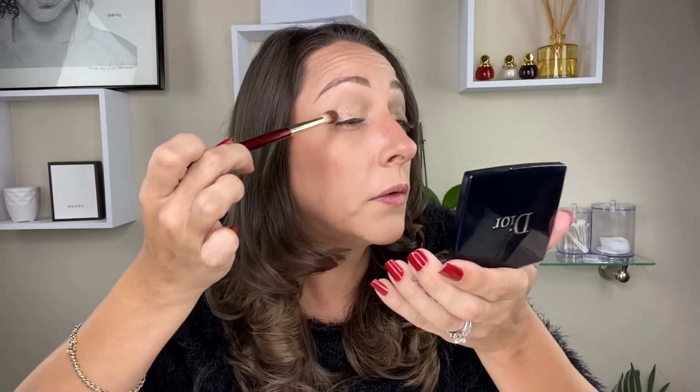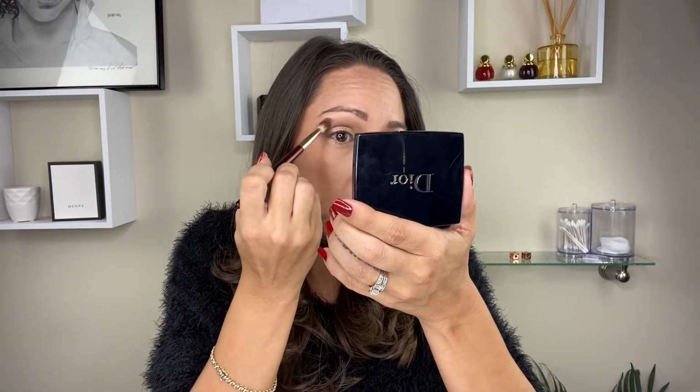We'll place the green right here. Just tap, tap, tap, tap. And the green is a shimmery shade. I'm not one to do all shimmery shade colors for one look. I usually like a matte. But these Dior shimmery shades with this new formula in their Quints, it's not like an ugly glittery shimmer. Trust me, if I could do an all matte look, I would. I just love it. But this green,